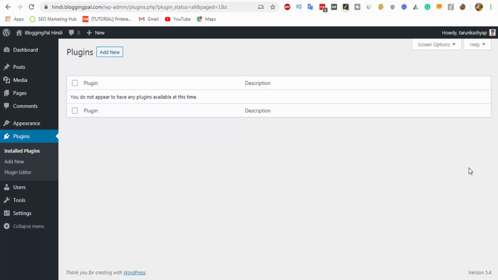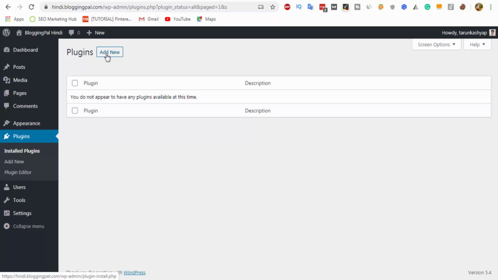And in today's video, I'm going to show you all how you can install, activate and completely customize the Rank Math SEO plugin for your WordPress website. So as you can see on the screen right now, this is a completely fresh WordPress installation which is hindi.bloggingpal.com. This is my new venture. I'm going to be sharing all of the Hindi tips to all the Hindi fellows, how you can customize your blog and etc., how they can learn blogging in Hindi. So in today's video, I'm going to show you how you can install and activate and customize the Rank Math SEO plugin. So let's get this video started.